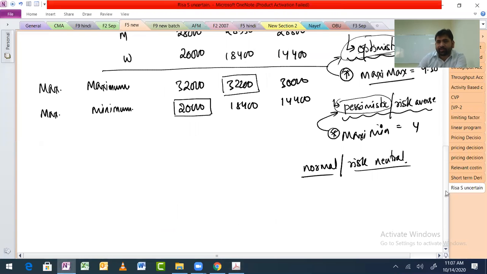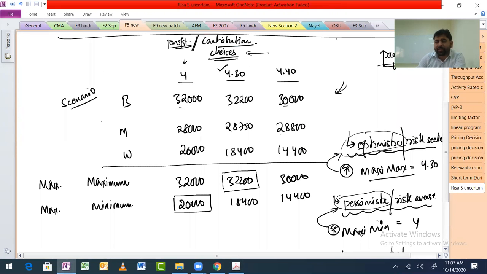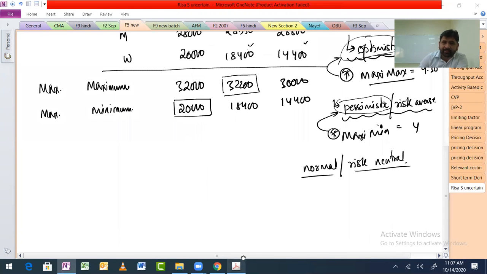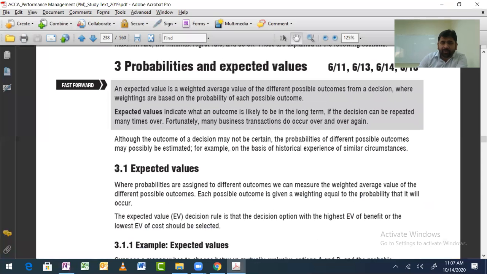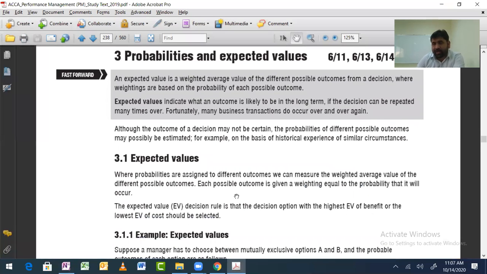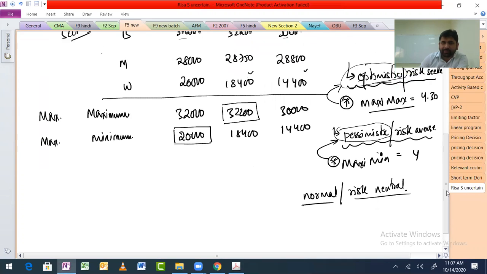And actually it is very simple. From all of these numbers, if you subtract 20, 20, 20 from all of this, it will become a profit payoff table, right? We will get loss over here, we'll get loss over here. None of the workings will change. Everything will remain as it is. Now, probabilities and expected values. After teaching you the payoff, they moved into expected value. Pay attention.